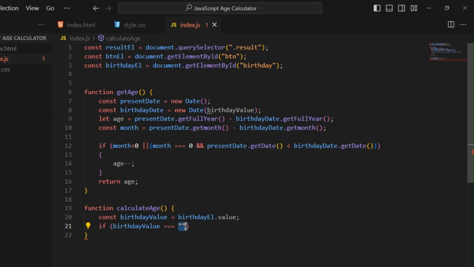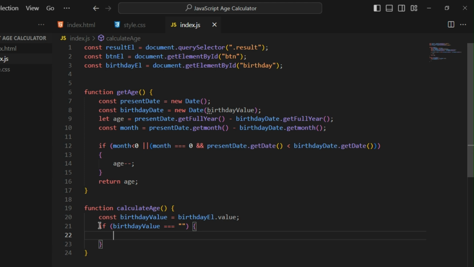This one represents an empty string. If the birthday value is empty, meaning the person using the calculator has not yet selected their birthday,